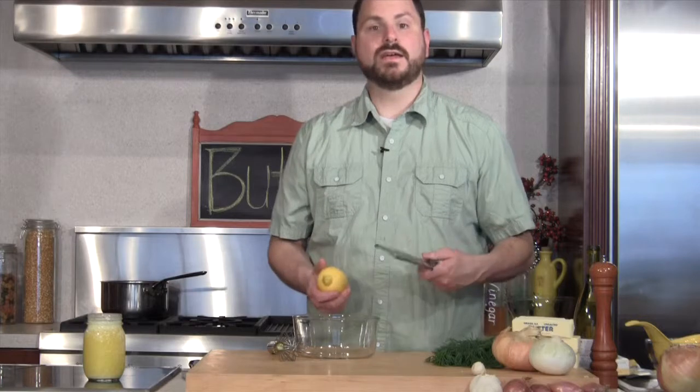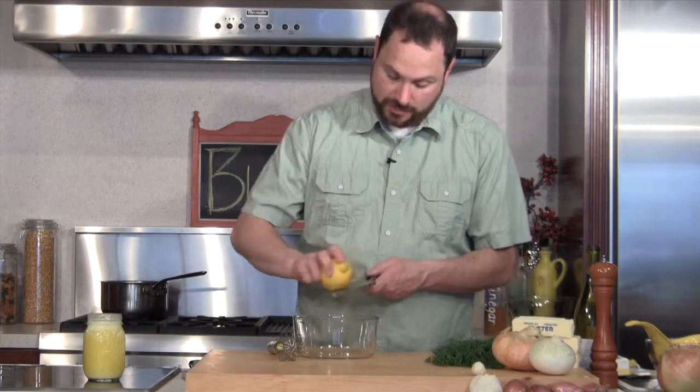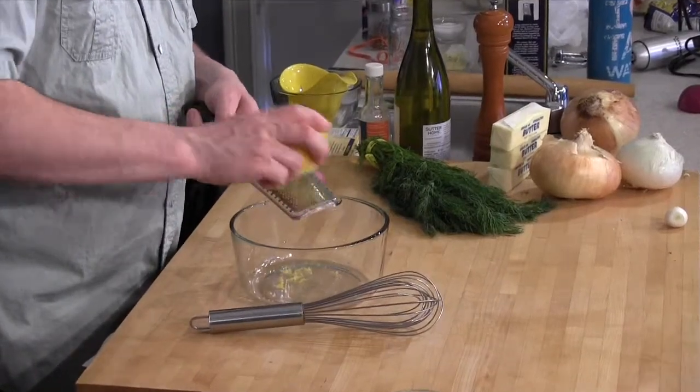Now, remember that butter is a fat, and if you try to mix something that's not fat with it, they want to be separate, just like Italian salad dressing. So instead of adding lemon juice to this, we're going to use a little of the lemon zest. So I'm going to use this microplane, which I love because it gives us very fine pieces of just that